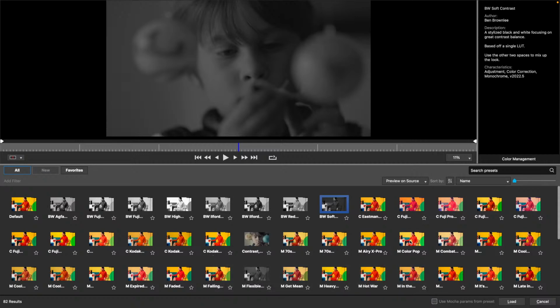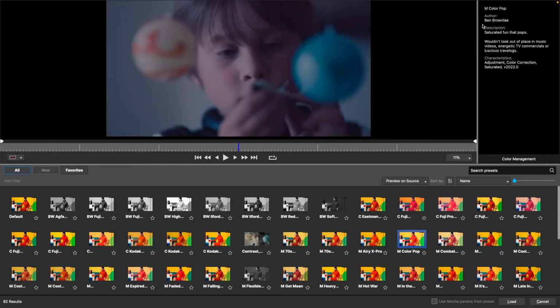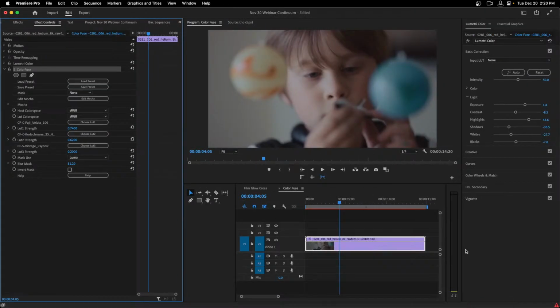But if I click on M Color Pop, you'll notice that this is actually a mixture of LUTs or lookup tables. It will tell you what might work ideally, in what type of clip, so saturated fun that pops, and what type of TV commercial or content that you're cutting. Once I load this into Premiere Pro, we should see